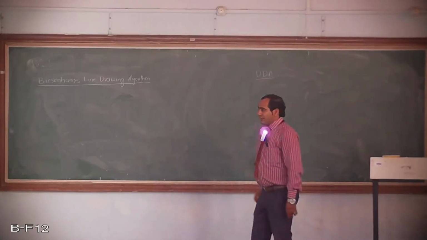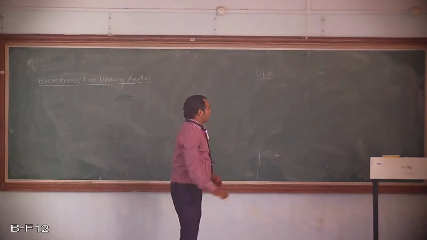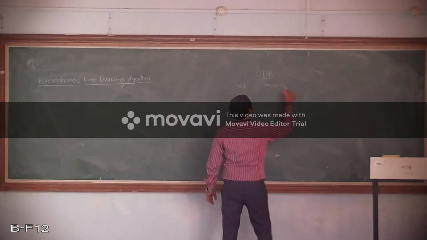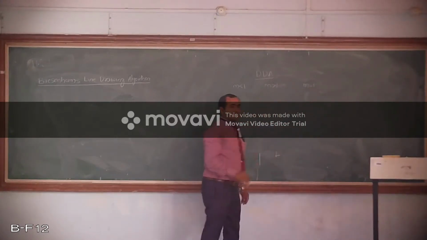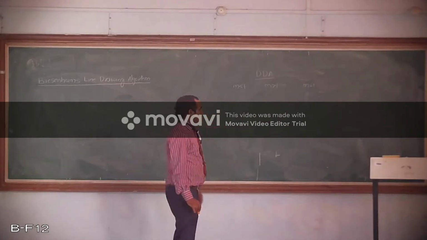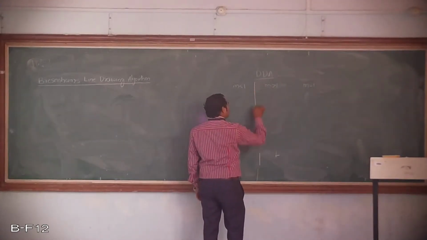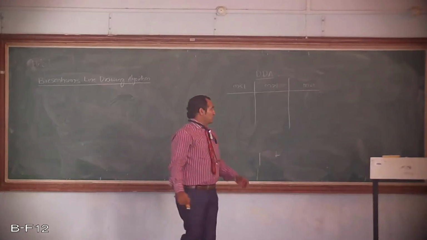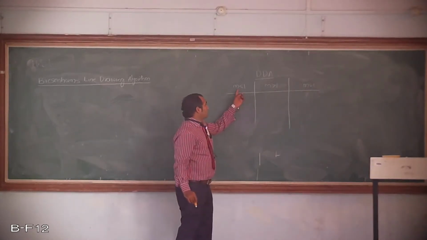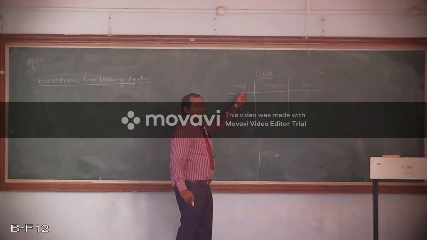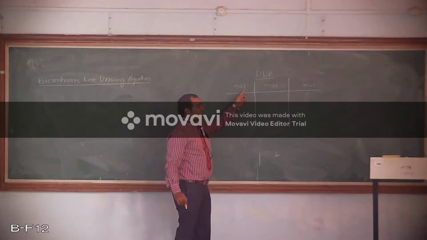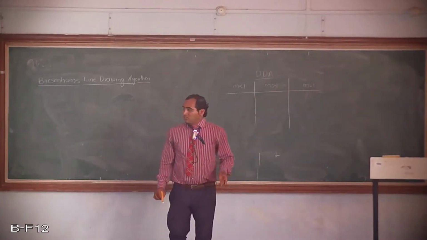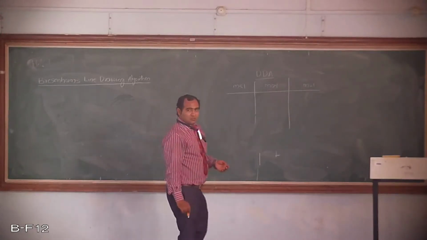So here we had different cases: for slope less than 1, for slope greater than 1, and for slope equal to 1. We had discussed what the x coordinates and y coordinates are. I will just repeat it, because the further derivations are based on these slope concepts. When slope is less than 1, what will be its next x and y coordinate? When slope is greater than 1, what will be its next x and y coordinate? And when slope is equal to 1, what will be its next x and y coordinates?